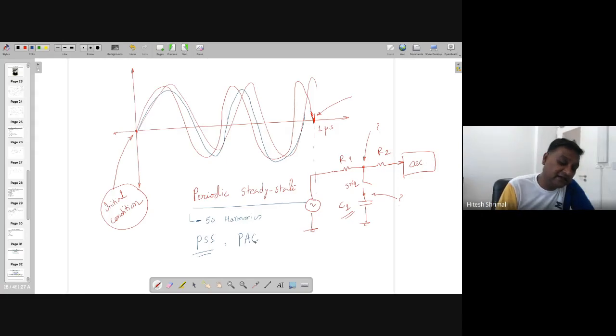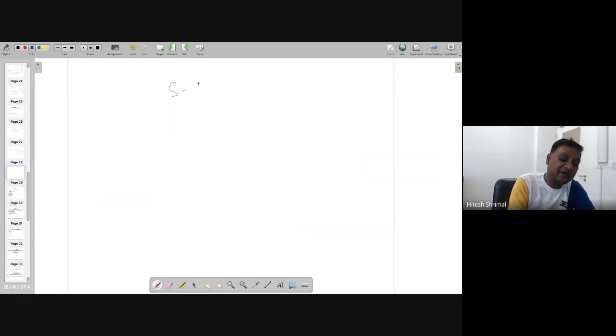Other than these analyses, there are many others, like S parameter analysis, where the x-axis is with different parameters S11, S12, S21, S22. You must have studied this in two-port networks, so those parameters will be useful. Other than that, XF analysis, which is transfer function analysis. So many more analyses are there, even in RF.